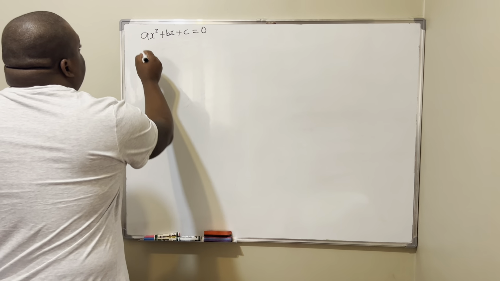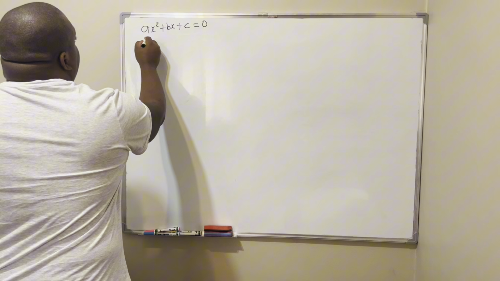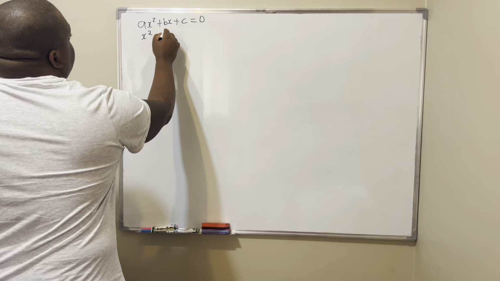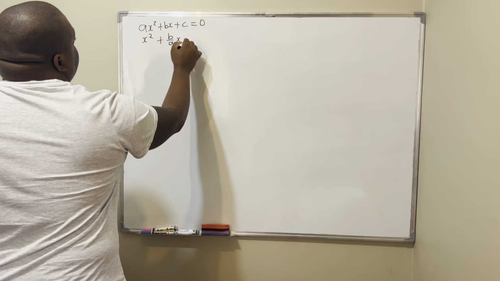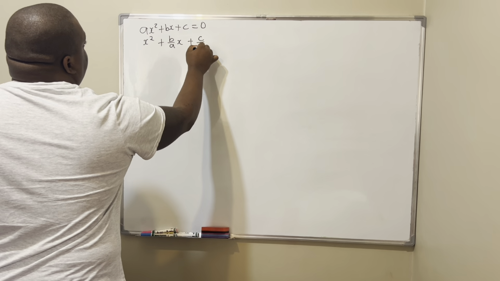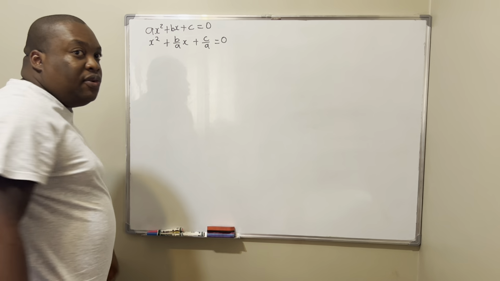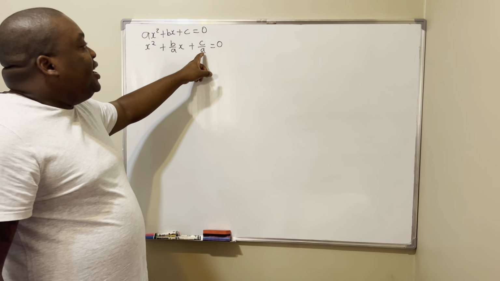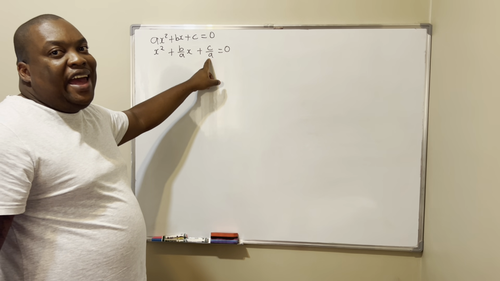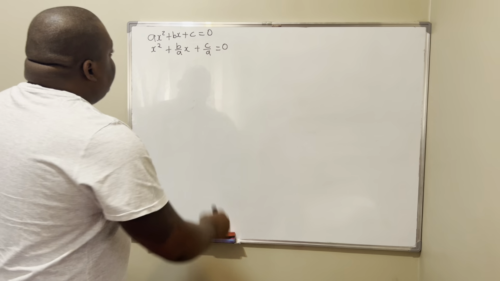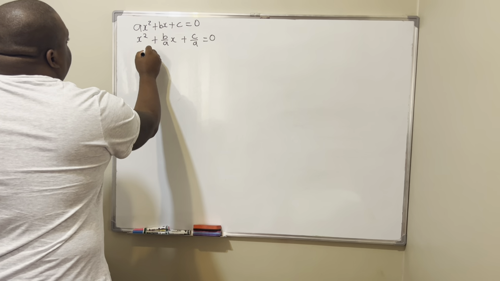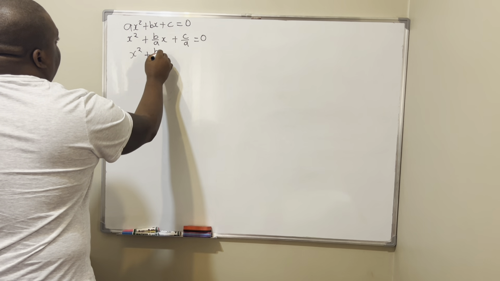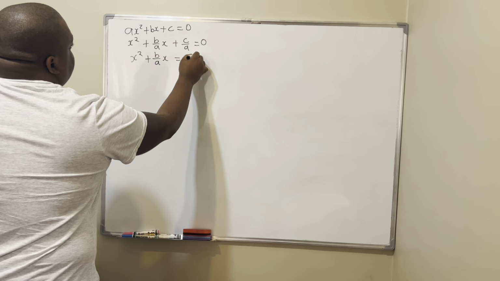So if we divide by a, we'll have x squared plus b over a x plus c over a equals 0. Now the next thing we need to do is take the term that does not contain an x to the other side, which means we'll have x squared plus b over a x equals minus c